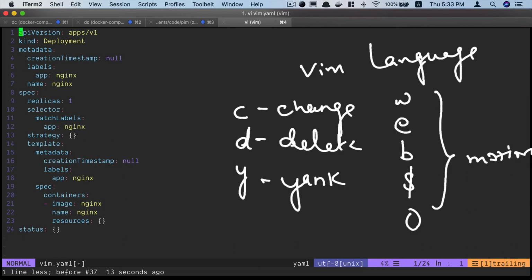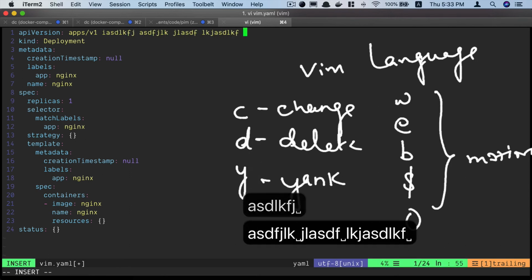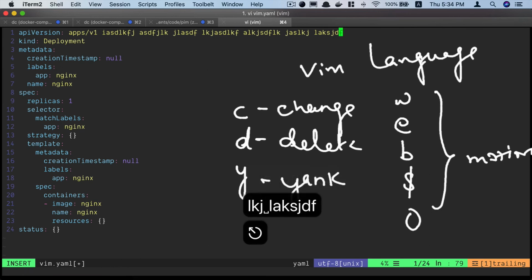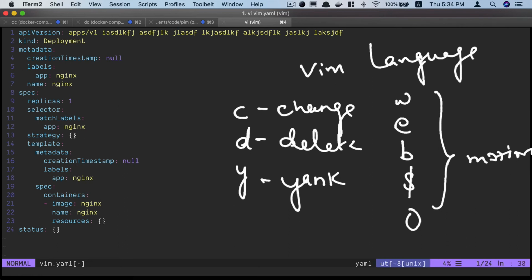And you can use this also in combination with the numbered motion. So what I mean is, let's say I want to once again delete, let me add some characters here, random placeholders. And let's say I'm placed here. I want to change the next 3 words.